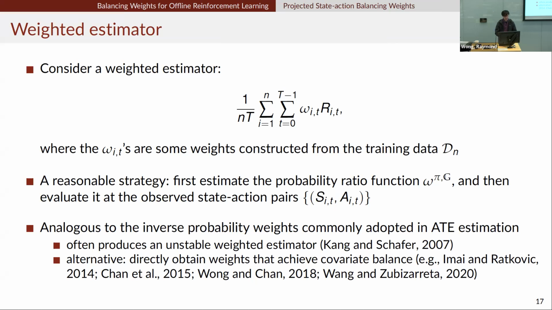And of course, we know from the ATE problem that the IPW weighted estimator is not very stable due to inversions of probability. An alternative approach is the covariate balancing approach. So the idea is to find stable weights that achieve covariate balance. In a simple way, it is trying to maintain empirical versions of the moment restrictions.